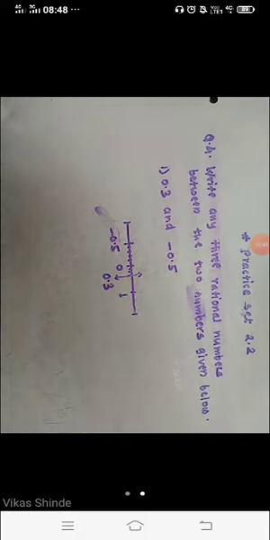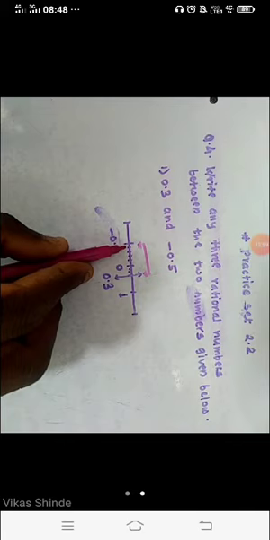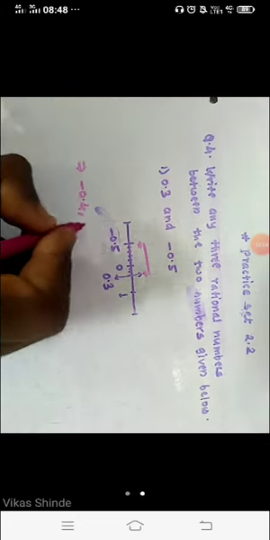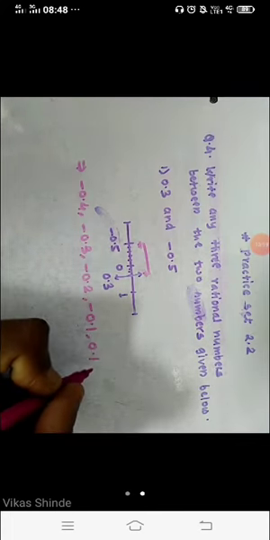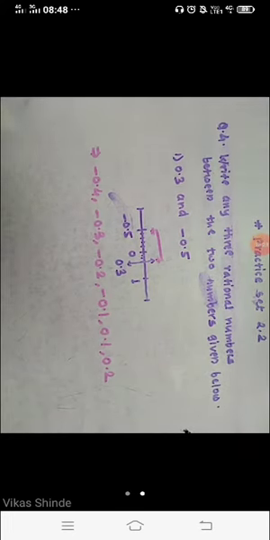We have to write the in-between numbers. Look here, how many numbers are there? Here are 2, 3, 4, 5, and 6 numbers, but we have to write any 3. We have to write numbers between these. If you take the previous number, it is minus 0.5. So write in your solution minus 0.5, minus 0.4, then minus 0.3. Then the second value becomes minus 0.2. First means minus 0.1. On this side, student, 0.1 and 0.2. You have to write any 3 numbers from these numbers. This is your answer.